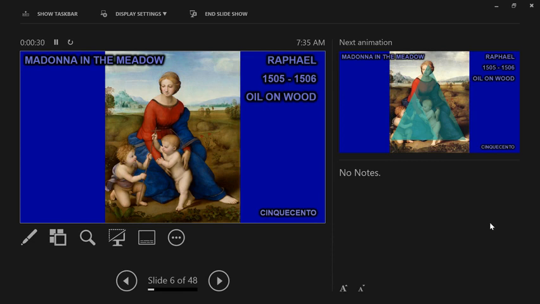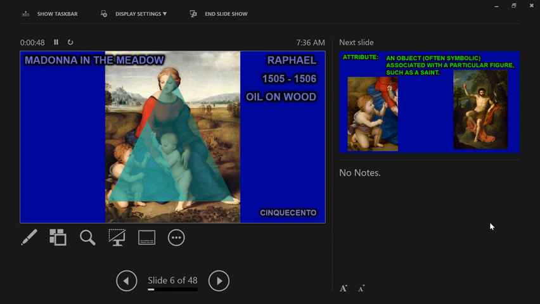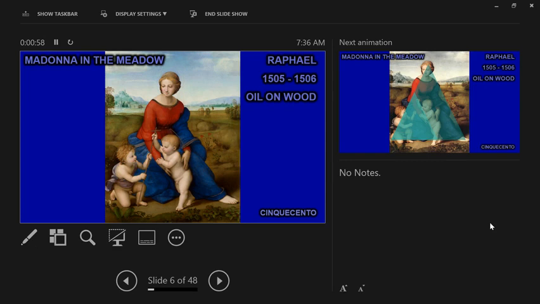Now, look at the composition of this. Do you notice what they're all shaped like? The group of three people together, yeah, they're shaped like a triangle, right there. And there's even a triangle within the triangle, shaped by Jesus and St. John the Baptist. Now, what is the importance or the symbolism of the number 3 in Christianity? It's the Holy Trinity. That's correct.